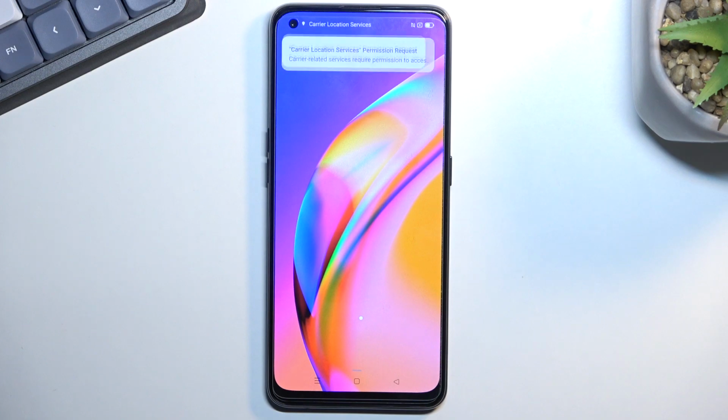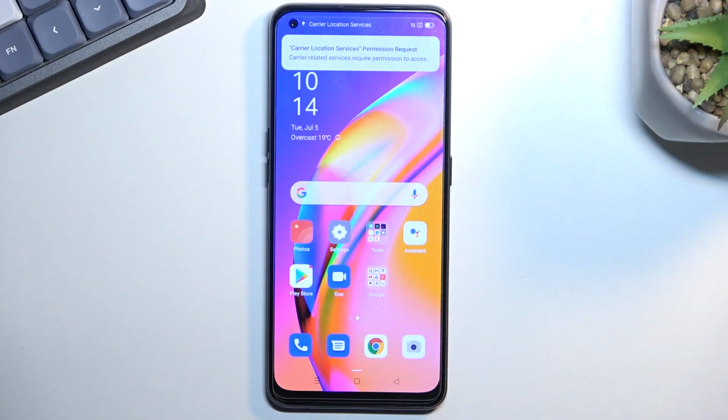And there we go. So as you can see, the device is now fully unlocked. There was no need to verify anything while going through the setup. Anyway, that is how we can bypass the Google verification on this phone, and if you found this very helpful,